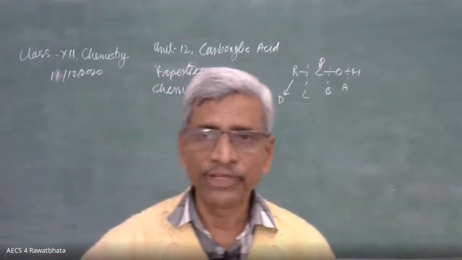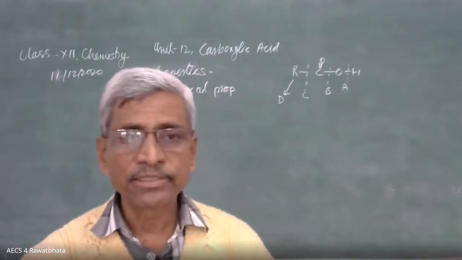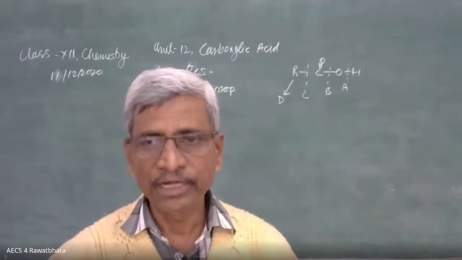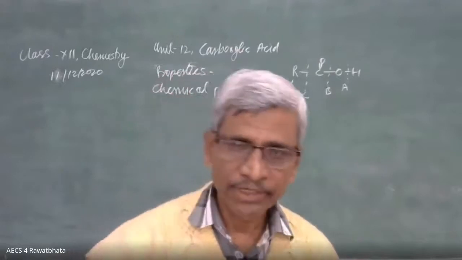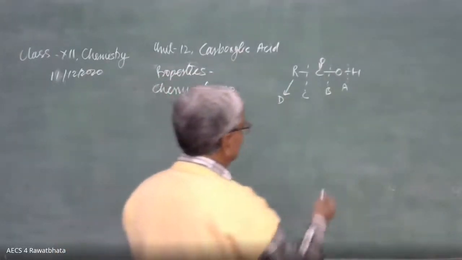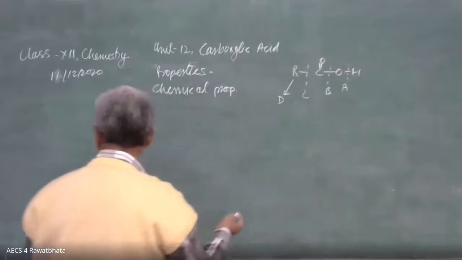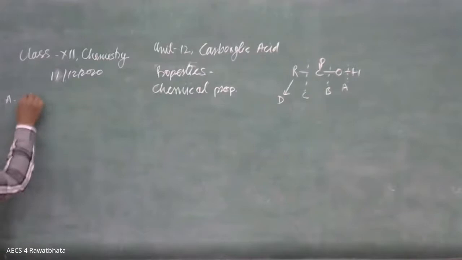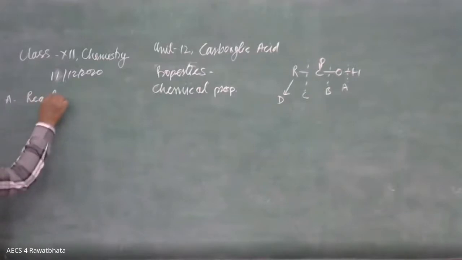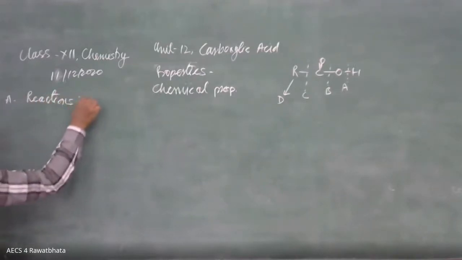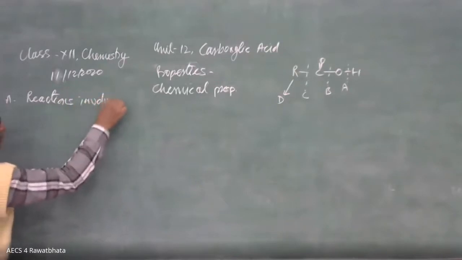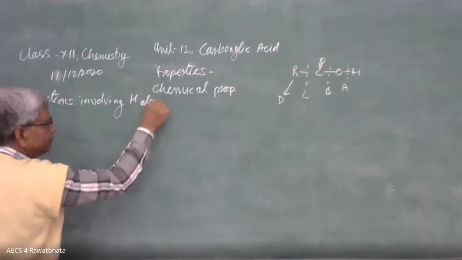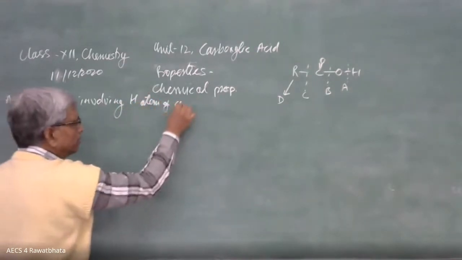Here one mechanism we have to study, and that mechanism is esterification. Its mechanism is in your syllabus, and that is one of the important mechanisms. Okay, beta? So first let me write all the 4 types of reactions. Here is A, reactions involving the hydrogen atom, H atom of the carboxylic group.